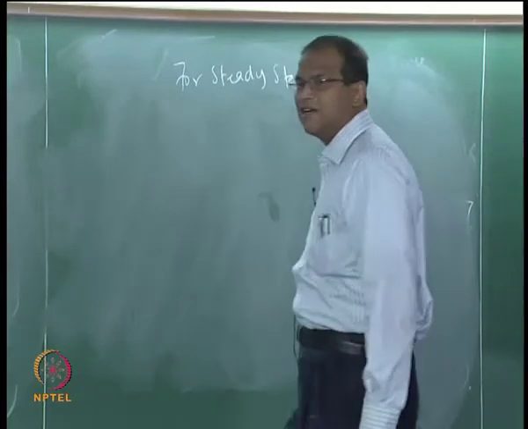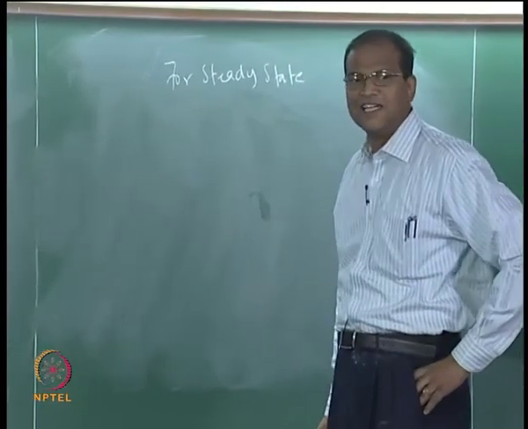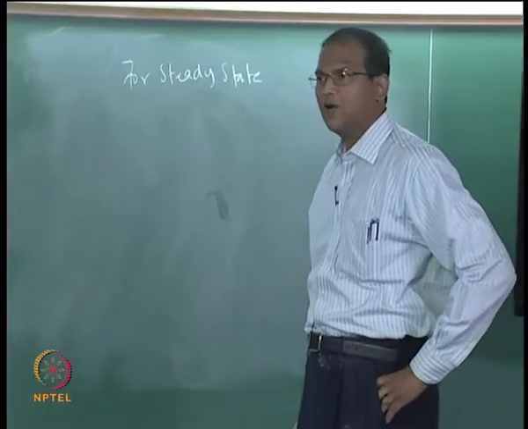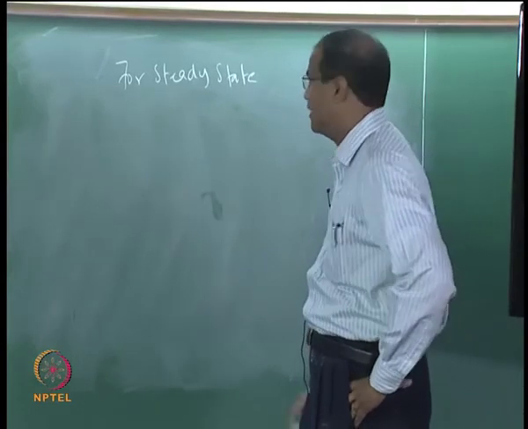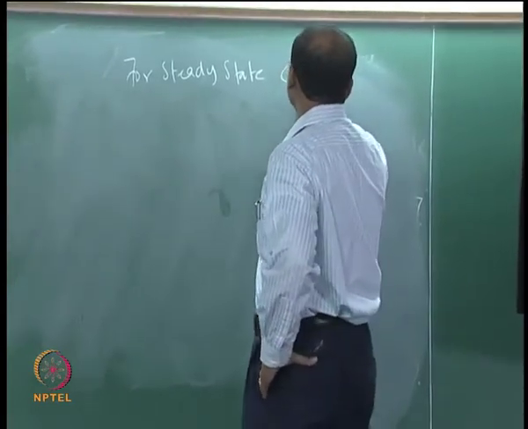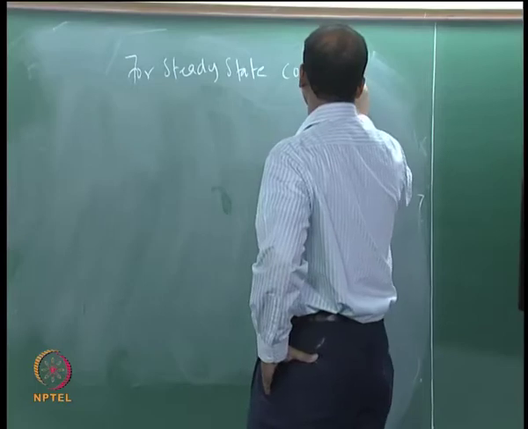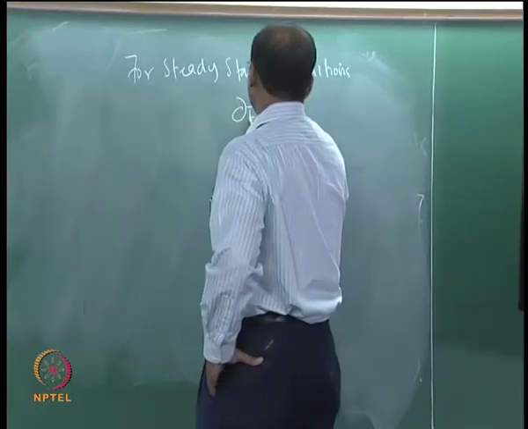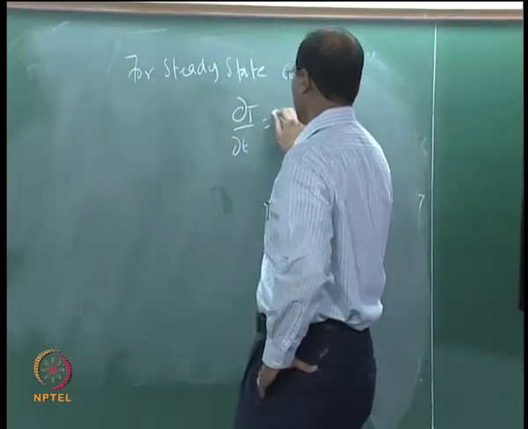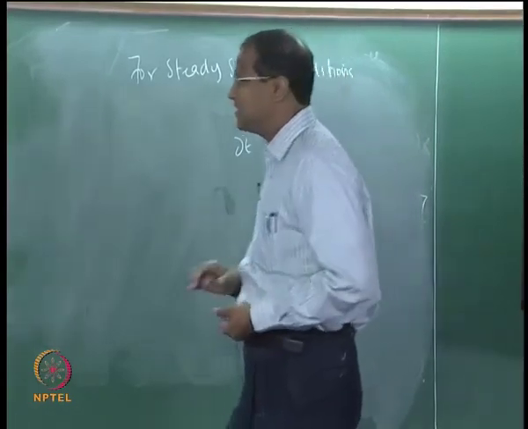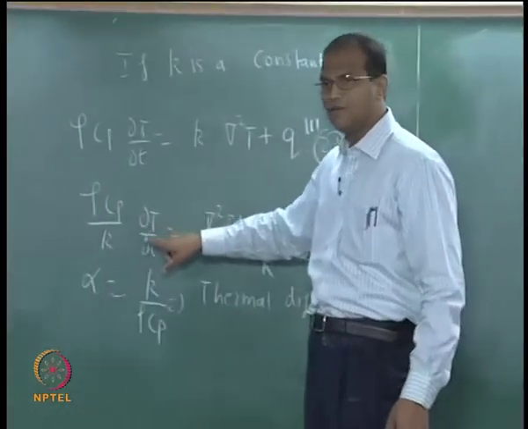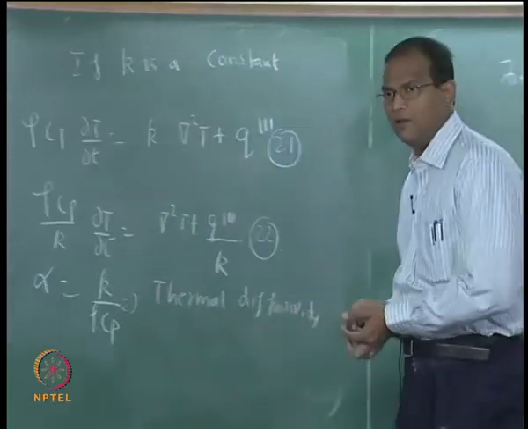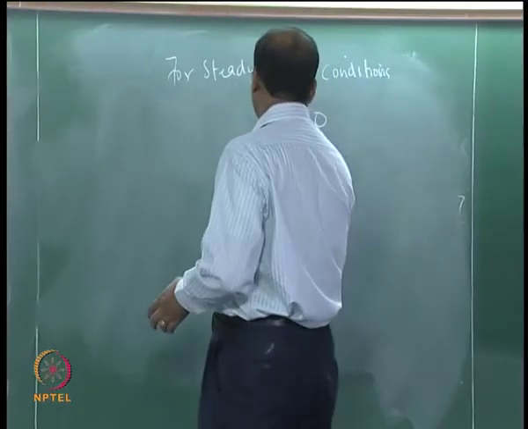If the net conduction plus the heat generation is balanced, then there is no rate of change of enthalpy of the material. For steady state conditions, there is no unsteady term. So this is the unsteady term which gives you the rate of change of temperature with respect to time. There is no unsteady term, therefore we get